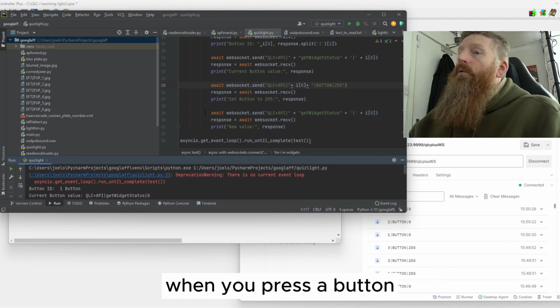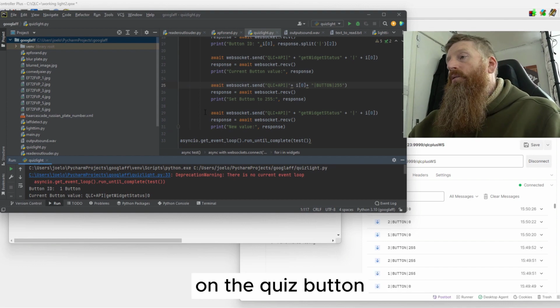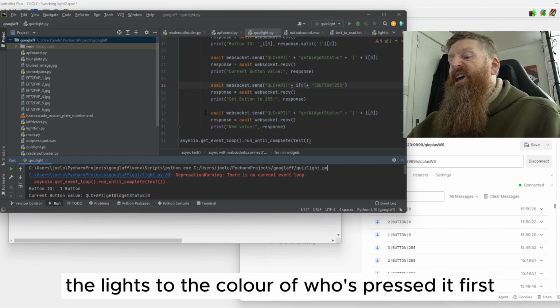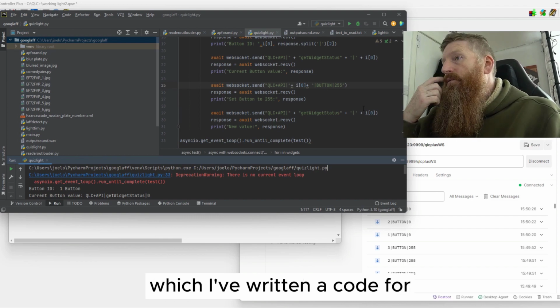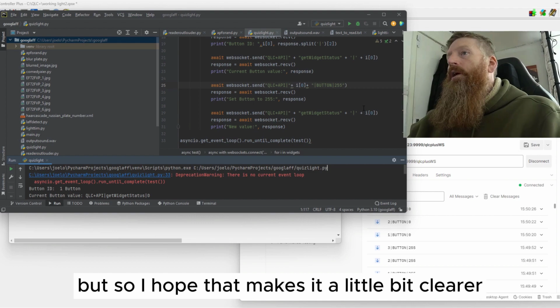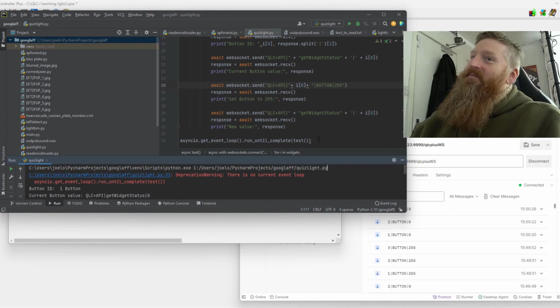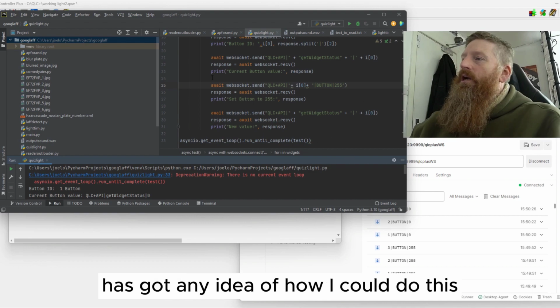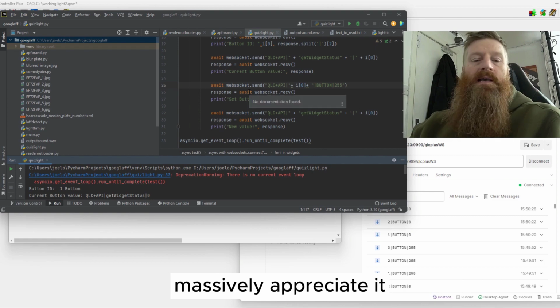Basically it's when you press a button on a quiz button, then it will change the lights to the colour of who's pressed it first, which I've written a code for, but I hope that makes it a little bit clearer. Maybe not. If anyone has got any idea of how I could do this, I'd massively appreciate it,